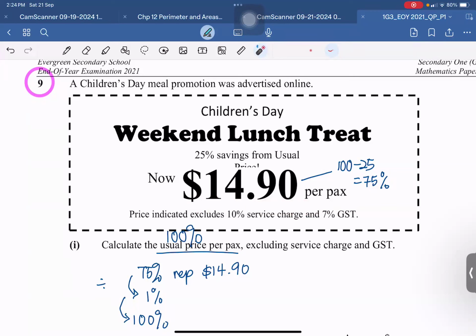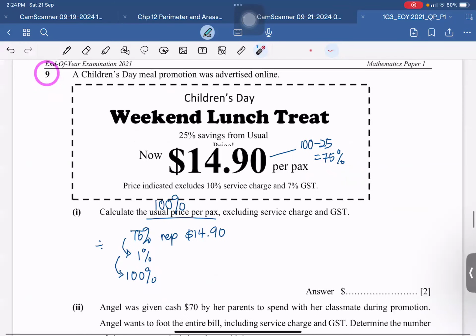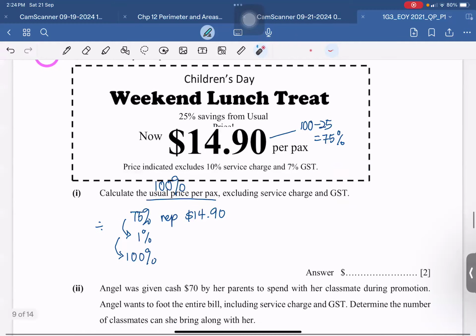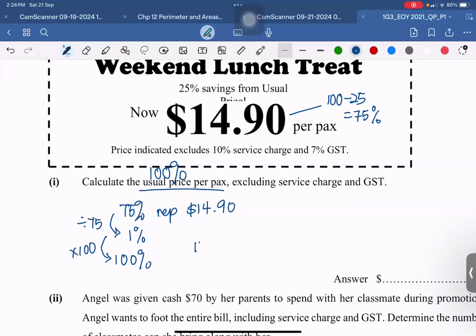Okay, just read the question carefully, okay? So in this case, we want to find our 100%. So I'm going to divide by 75 times 100. I'll take $14.90 divided by 75 times 100. Then I got my number. In this case, I got the answer